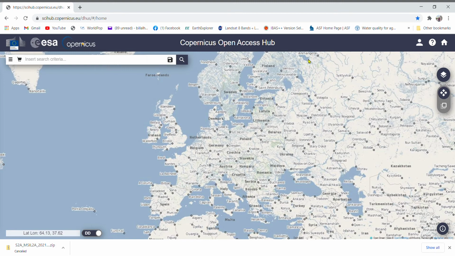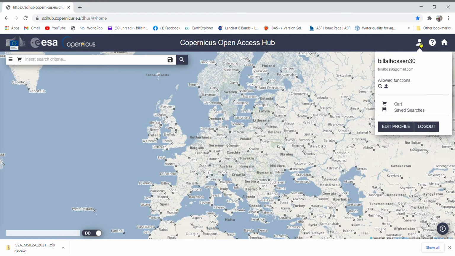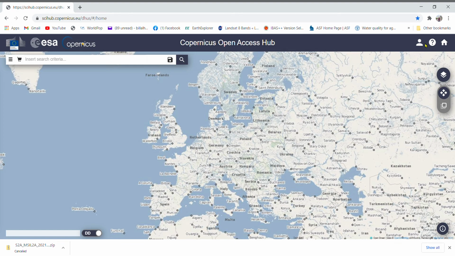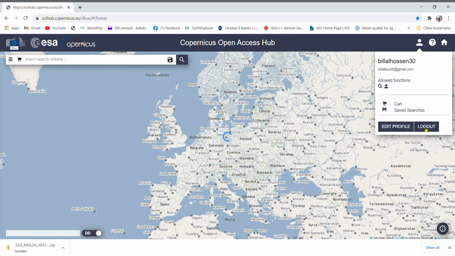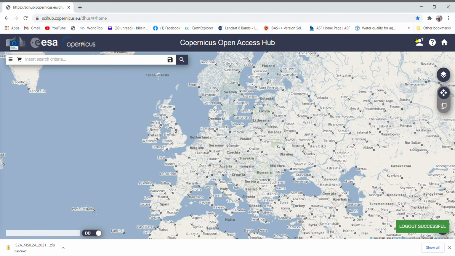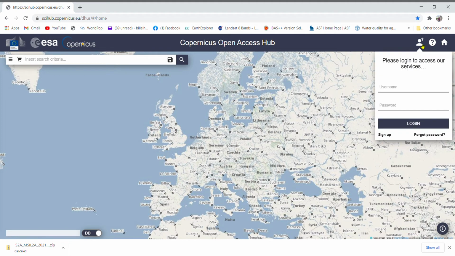So what you have to do now, you have to make an account in Copernicus Open Access Hub. I have the account here, that's why I need to log out, and I'm going to show you how to make an account here.